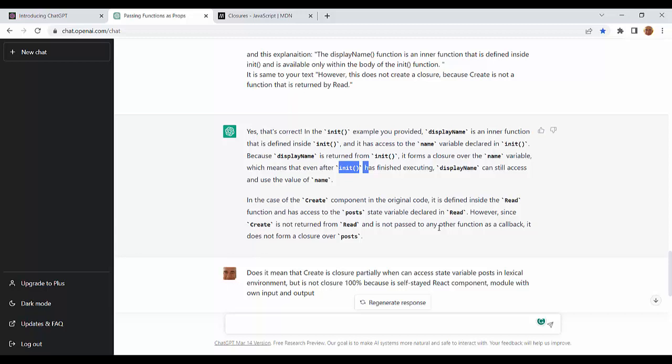In the case of the create component in the original code, it is defined inside the read function and has access to the post state variable declared in read. However, since create is not returned from read and is not passed to any other function as a callback,